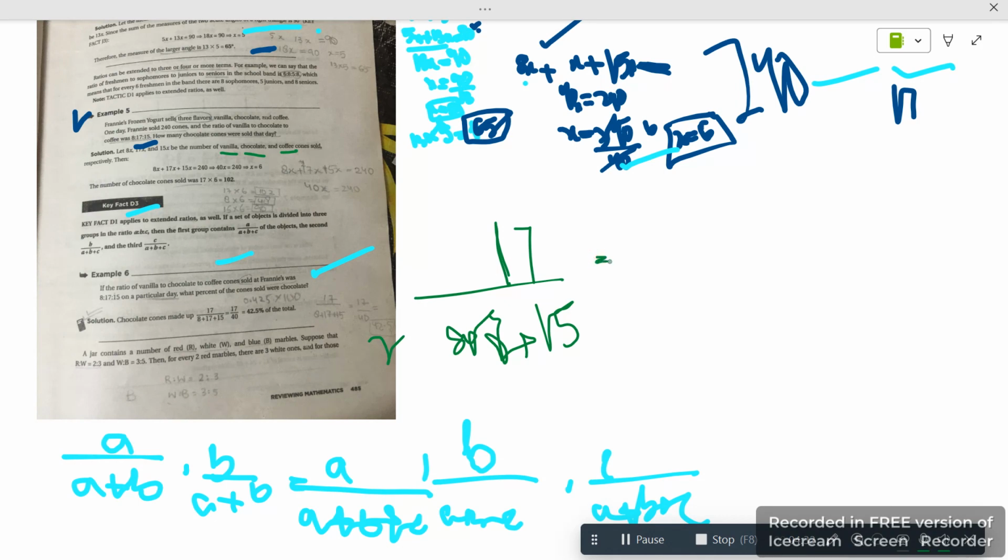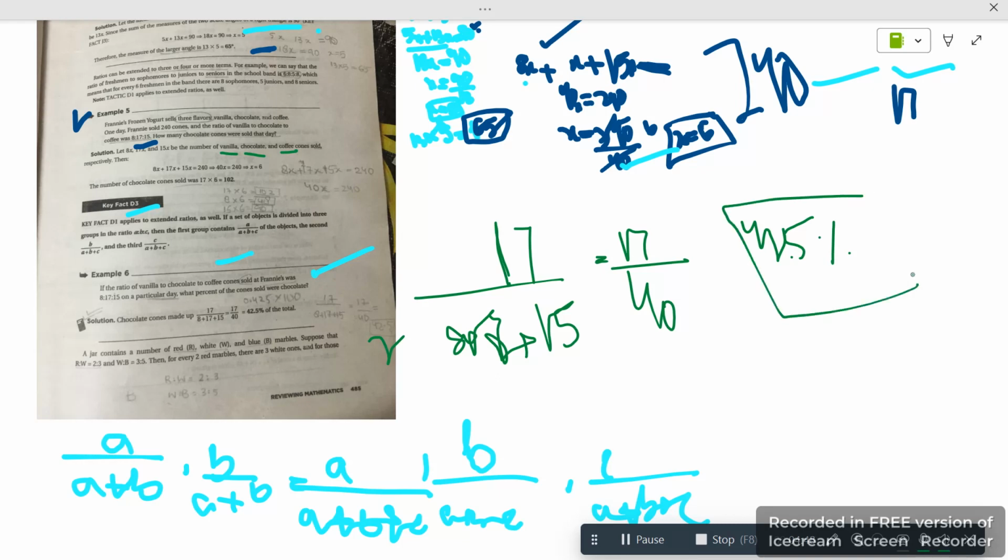Okay, so when you add these, you will find that 17 upon 40 we calculated in the last step. When you divide, you will find that this percentage is 42.5 percent, the chocolate which was sold in these all. Like from 40, 17 was chocolate, which is equal to 42.5 percent, whereas the others were vanilla and coffee flavor. So we were only supposed to